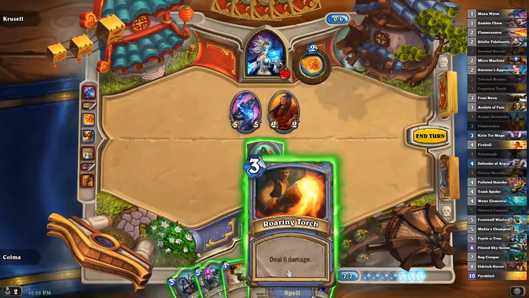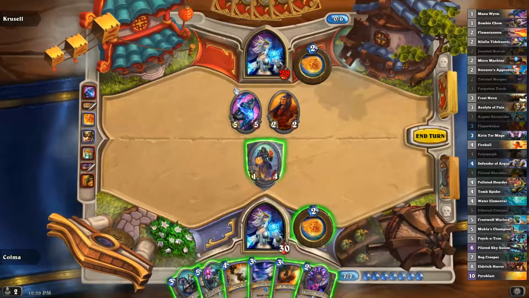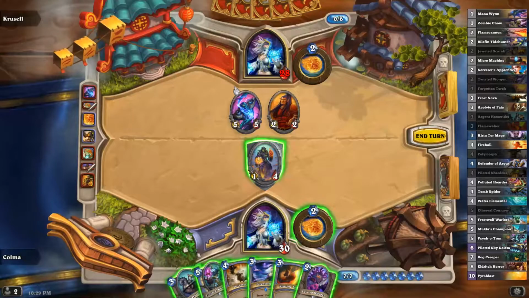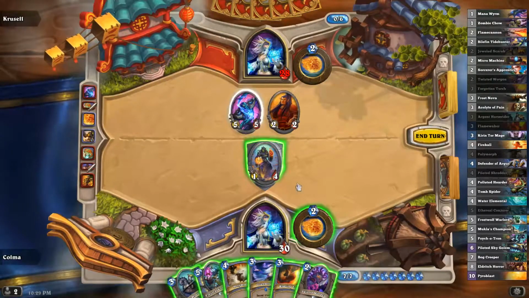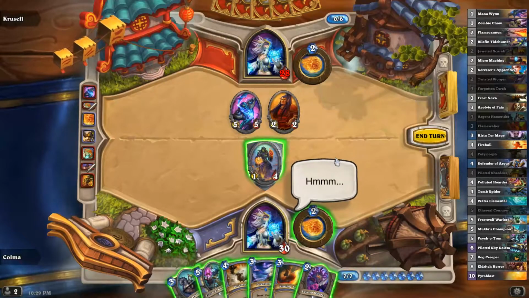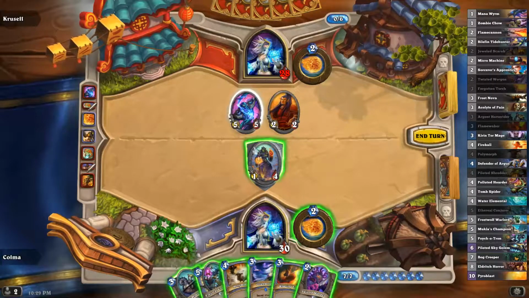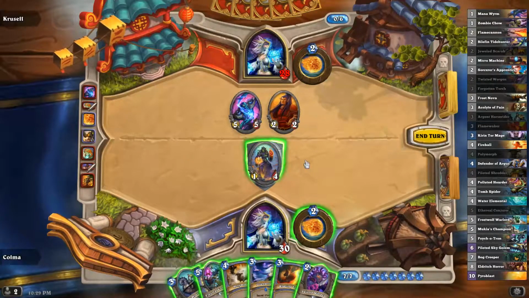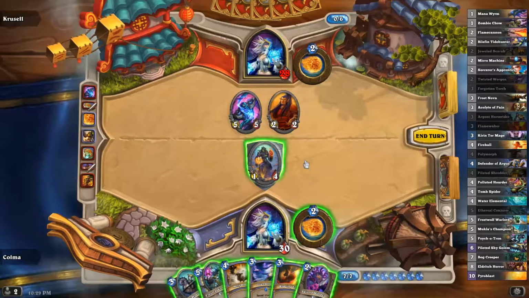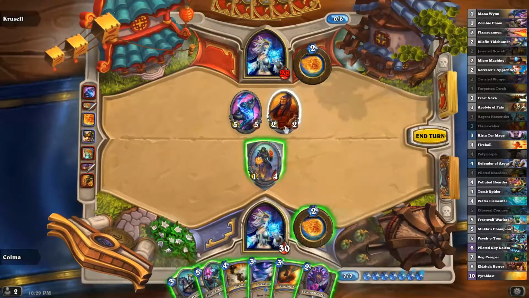That's pretty good, but we don't really have a 4-drop. What else could we do? We could play... The thing is, that's gonna trade with that, which I don't really want. We could clear the board, but it doesn't really leave us with very much behind. We can play this and this, right? We could also...